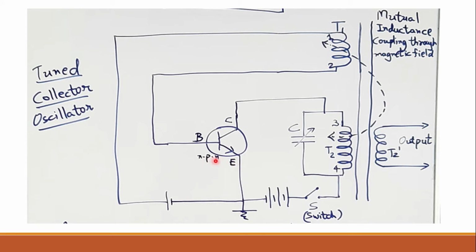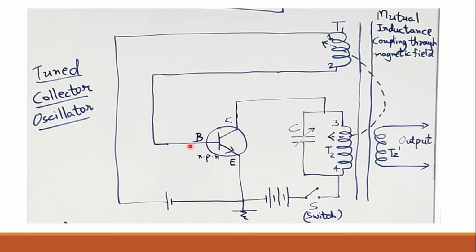It will be from P to N, or the point of the arrow will be pointing towards N, because this is N, right? So this is common emitter, this is your base, and this is collector, and this is VBB that you are supplying to the base, and this is VCC which you are providing to the collector. Okay, you know that this collector junction is reverse bias by using this battery, because this is N and it is connected to the positive.